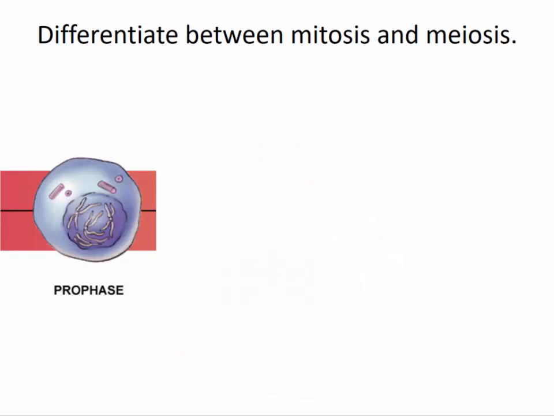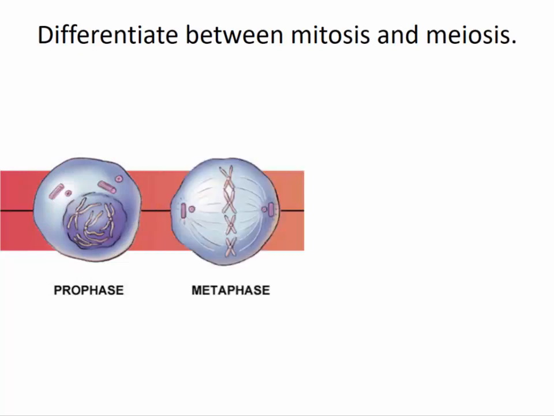Let's take a closer look at those phases. The first phase is prophase. What happens during this phase is that the DNA condenses into the chromosomes that you see here. The nuclear membrane starts to break down and disappear, and the centrioles begin to move to either side of the cell. On top of that, the centrioles begin to produce proteins called spindles that end up reaching out and connecting to the chromosomes once the nuclear membrane has disappeared.